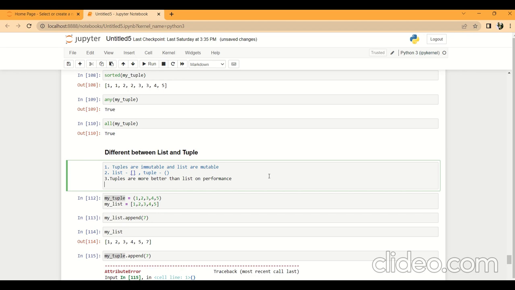So what is the fourth one? Uses. Tuples are often used to return multiple values from a function, while lists are used to store and manipulate large collections of data. Tuples will be used for